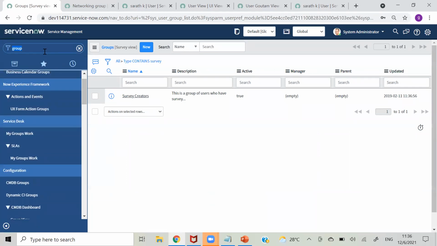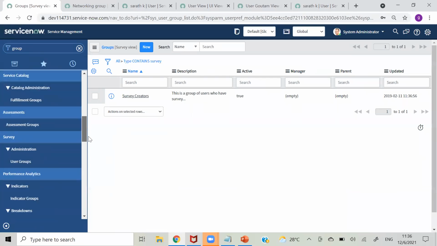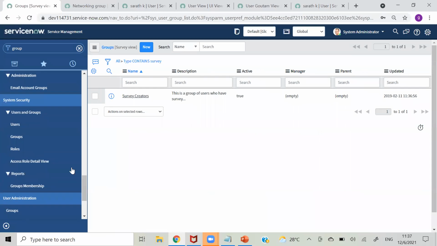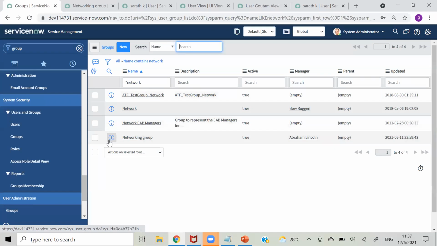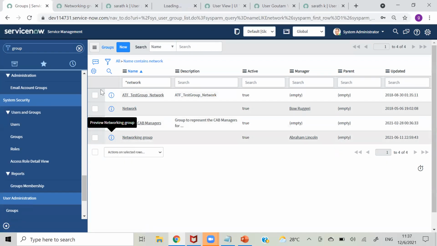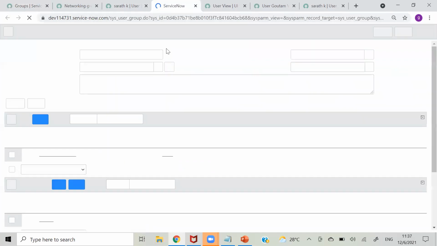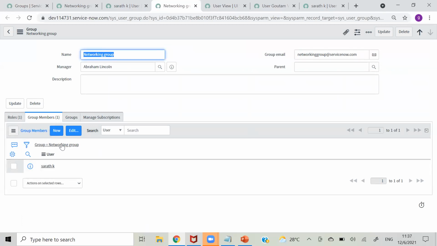Okay, so let's directly go to group and open from there itself. Just going to group dot network. So this is our group, right? Open that, and on the bottom this is group and this is group member.